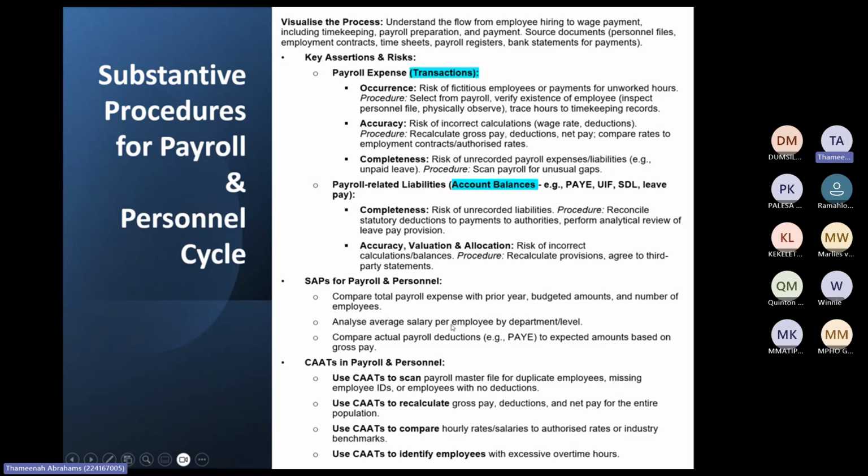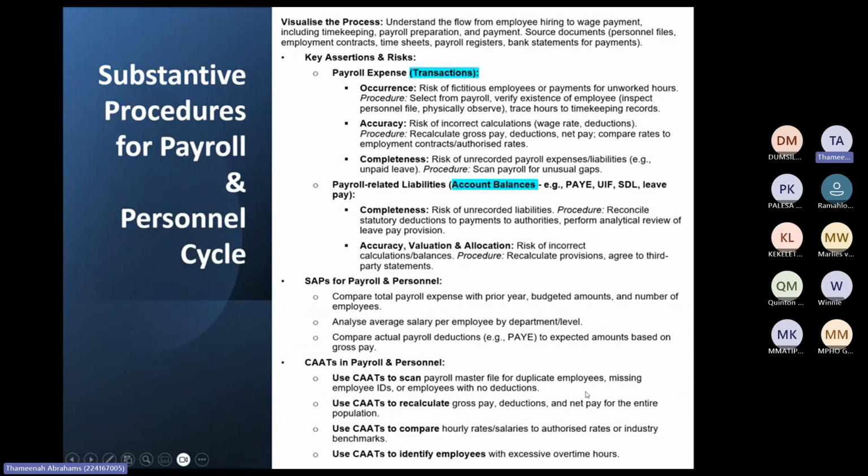Or what you can also do here is, for example, compare salaries year on year. If you see there's an increase of 20%, maybe they gave increases of 20%, which is unlikely, because most of the time they only give 5% increase. So you expect salaries to increase by 5%, but if you see that salaries increase by 10%, you have to inquire with management and find out why. Maybe besides the increase, there were also bonuses given, which will increase that percentage a bit more, or maybe there was overtime included.